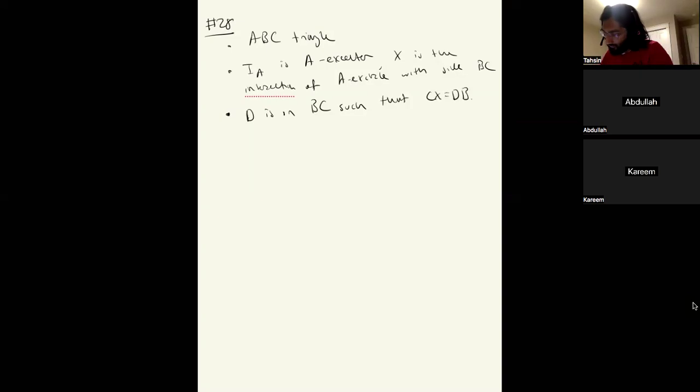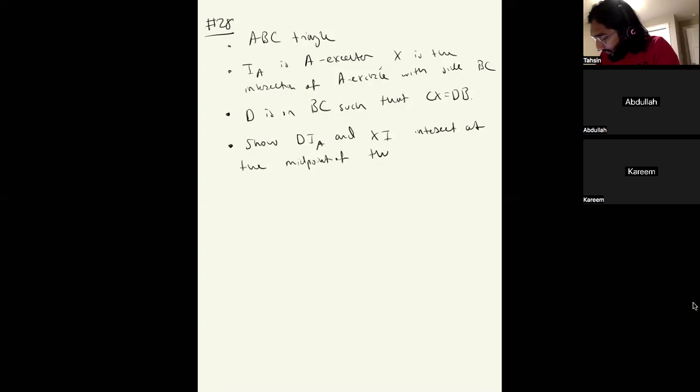So let's at least maybe draw this part first. Okay, maybe we'll draw the whole thing. So then show DIA and XI intersect at the midpoint of the altitude